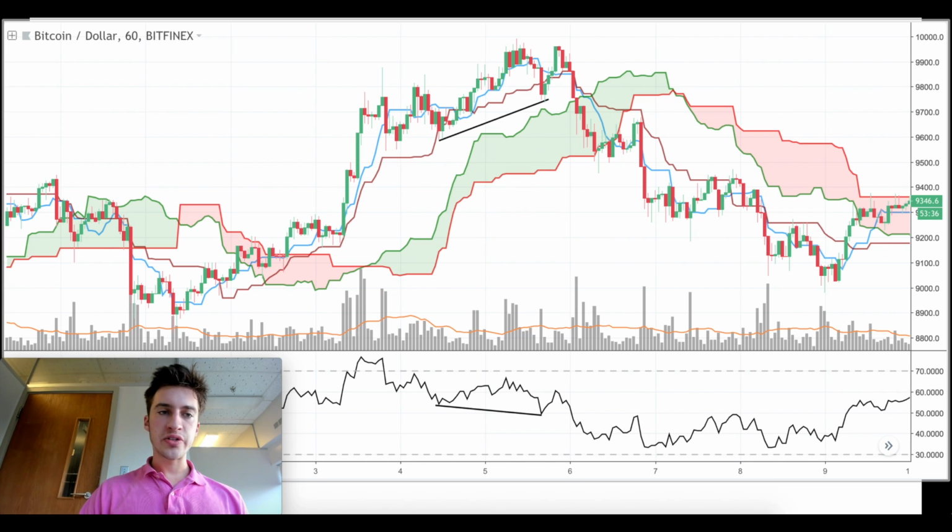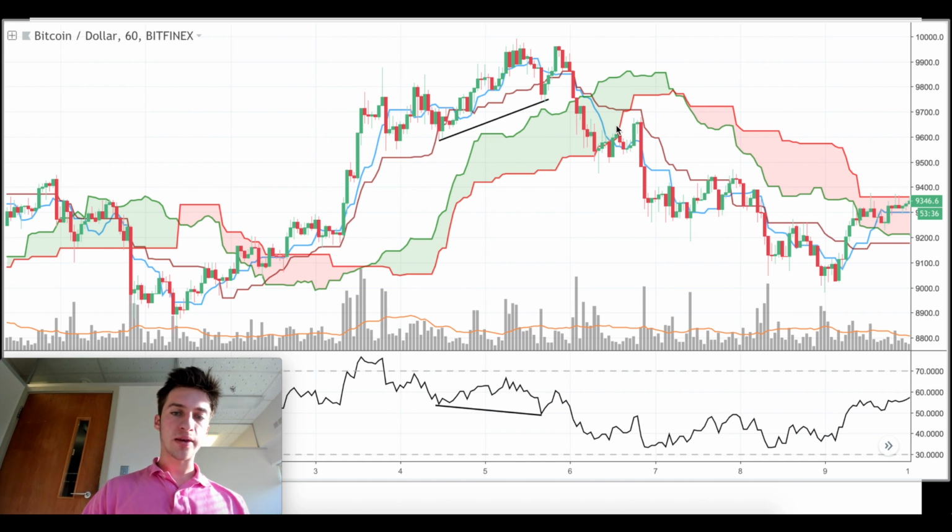But when we look at RSI, it is not telling us that we want to buy. This is not a good sign. Because we have indecision between two indicators, we'd probably want to do nothing. We probably just don't want to buy and we don't want to sell until we get a stronger point of indication. That stronger point of indication could come when we have a red cloud, and then we could look